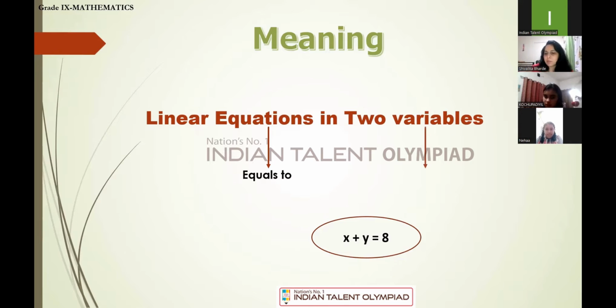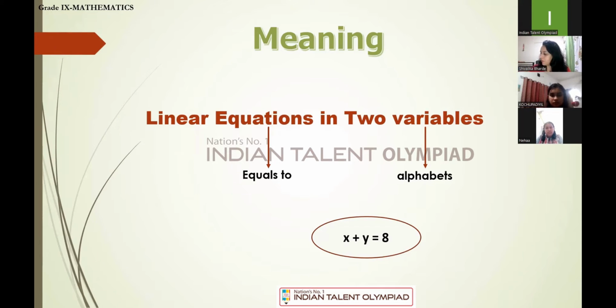Next is variables. You are, I think, already aware of variables. Variables mean anything which changes its value. Generally we denote them with alphabets in mathematics. Here in the equation, x and y are the variables. We denote them mostly with a, b, x, y, z, t. You can take anything. Like here, if I'm taking the value of x, the value of y will be